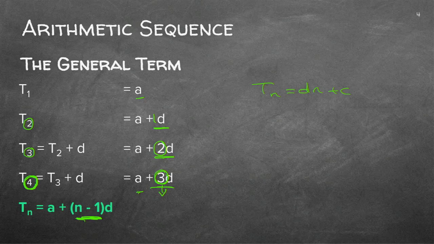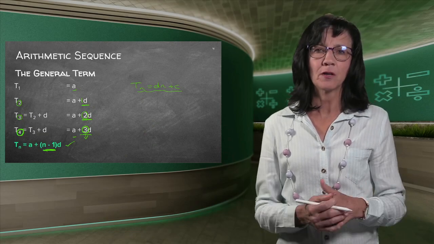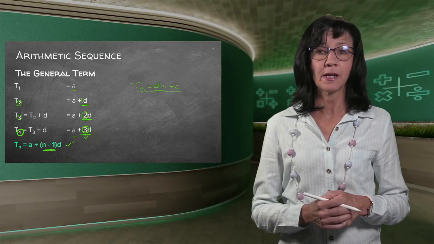So this is the formula that I prefer to use in grade 12. This is the one that we used previously, or you could choose either of the two, but you'll see the type of questions that we ask in grade 12 is maybe a little bit easier if you use this A + (n − 1)d.